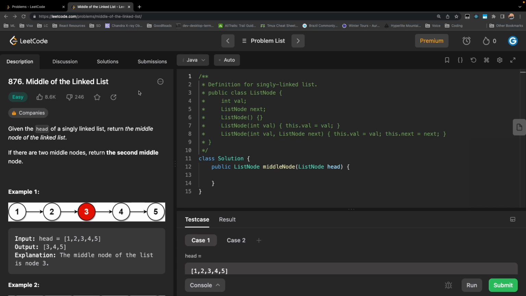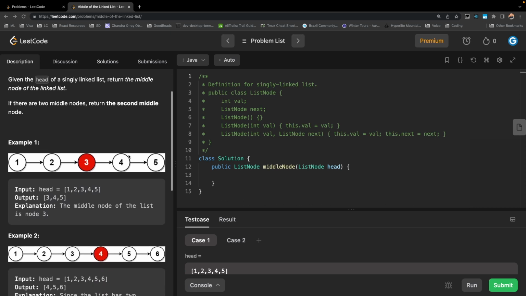So what it says is we are given the head of a single linked list, return the middle node of the linked list. If there are two middle nodes, return the second middle node. Okay, so what does this mean is, for example, like in example one, we have odd number of nodes, right? So there is only one middle, which is the node with value 3, so we have to return the address